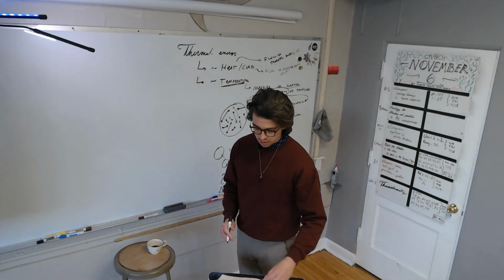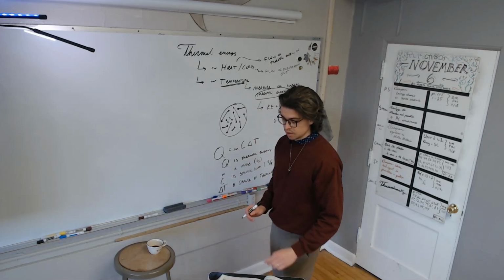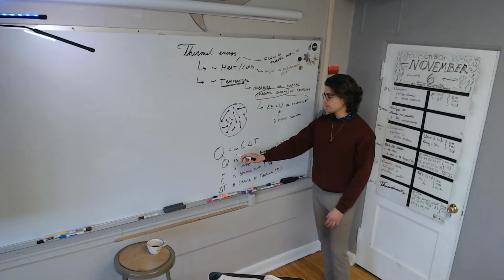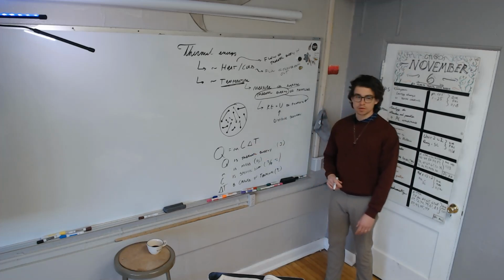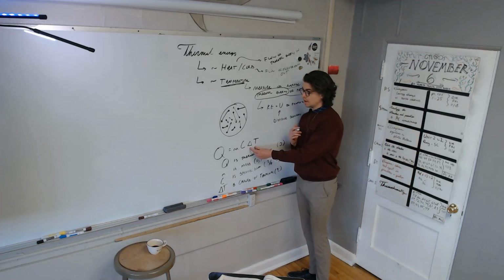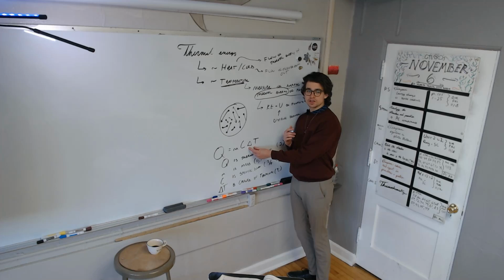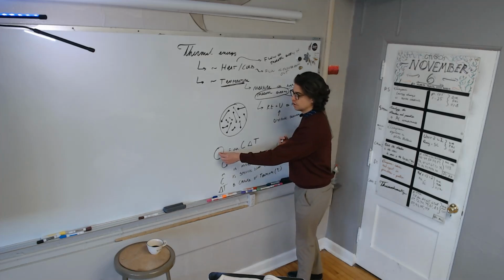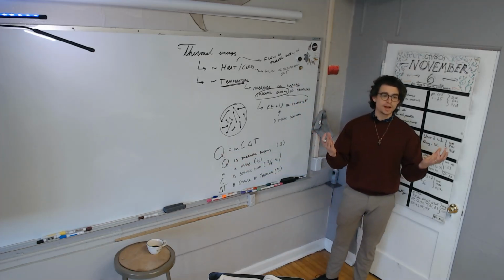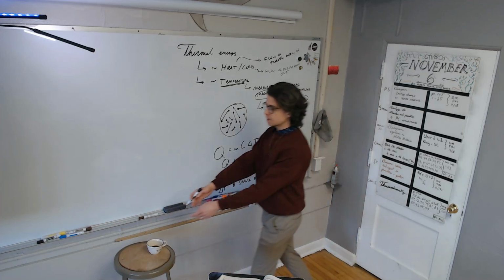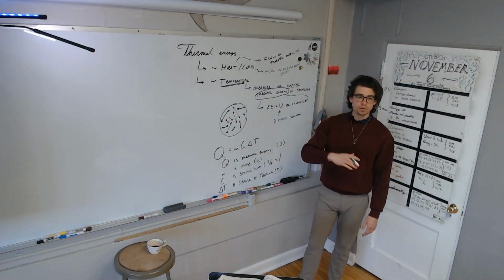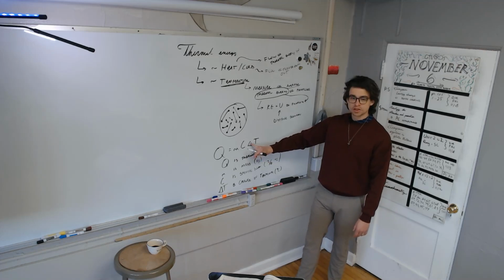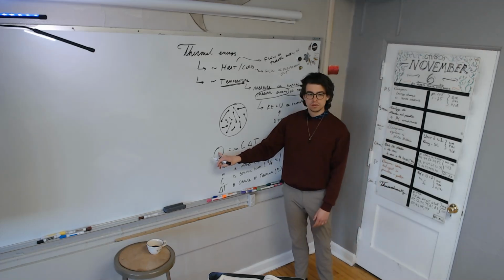So we can calculate the amount of thermal energy in something by multiplying its mass times its specific heat times how much its temperature has changed. But you'll recognize, in order for this to work, the temperature has to have changed. We can't just measure the thermal energy of something. We can't just be like, I'm going to measure the thermal energy of this coffee. We can only measure it as the temperature changes, so either as it's heating up or cooling down. If the temperature change here is 0, thermal energy is 0.